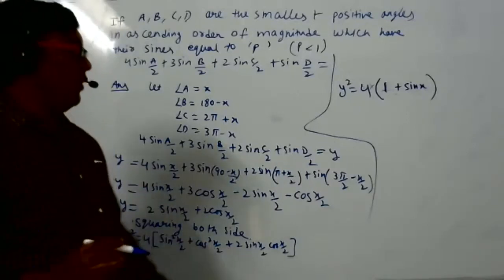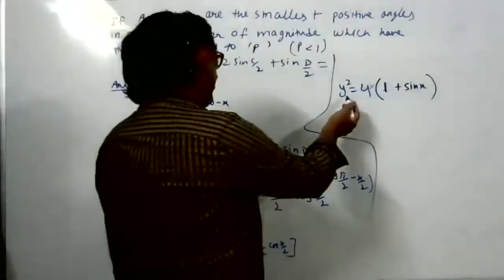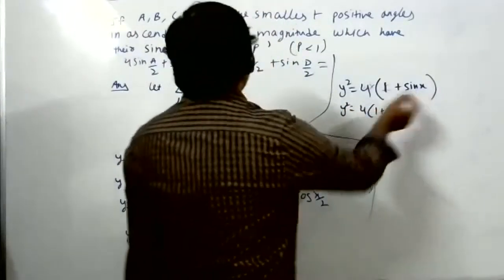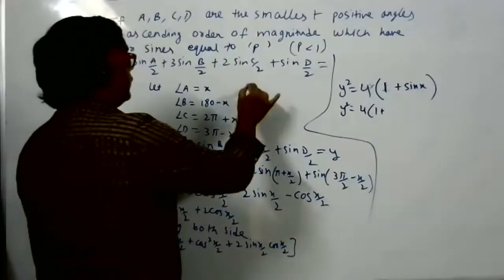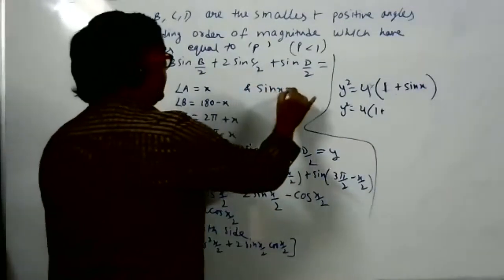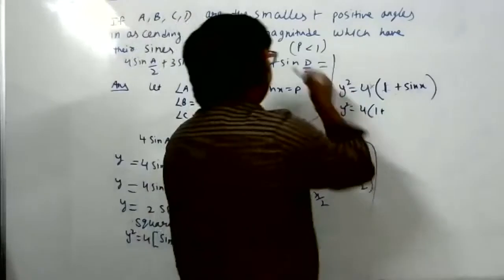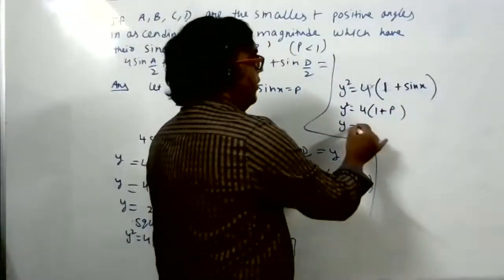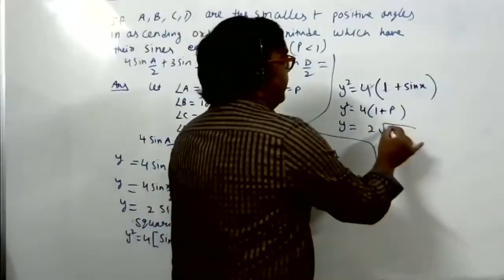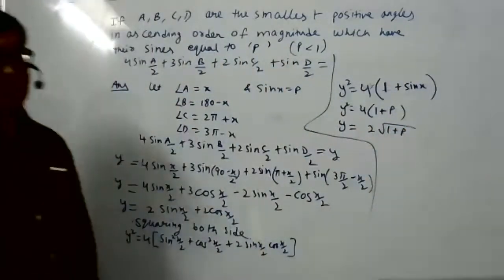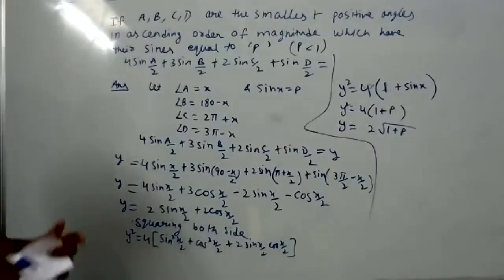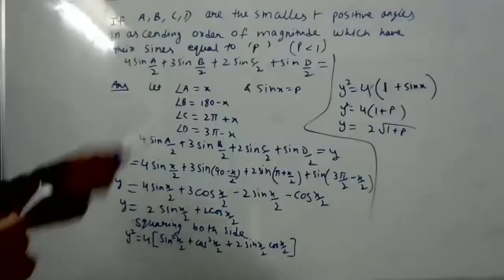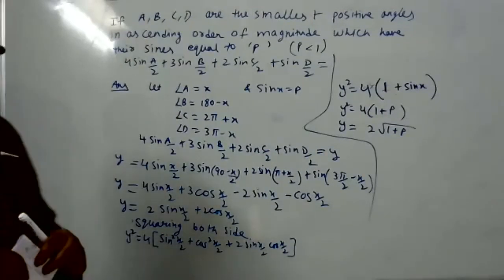No sir, I understand. Now what happened? I need the value of y. What is the value of sine x? Very good, sine x is p. They gave it in the question. I want only the y value. Y square will go to the other side and become 2 square root of 1 plus p. This is the answer. Copy down. If there is a doubt, you can ask. Actually plus minus will come here, but it depends on the option they have given.